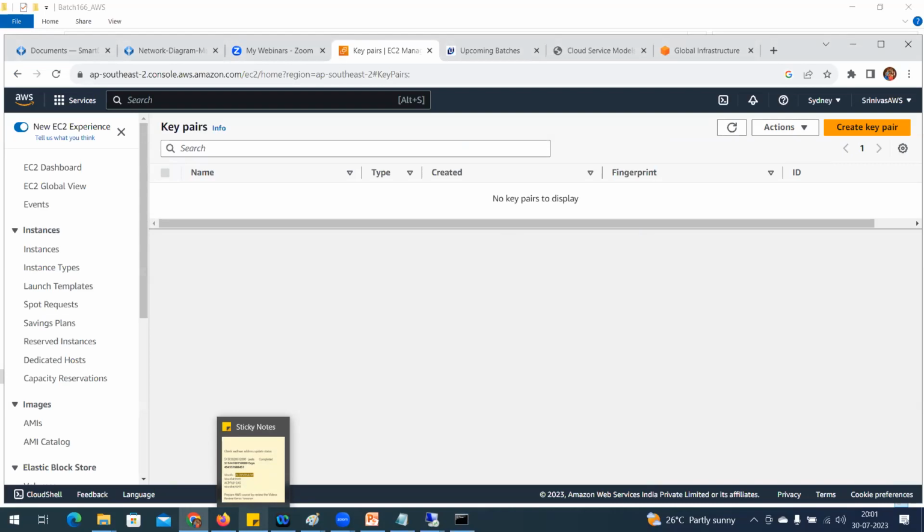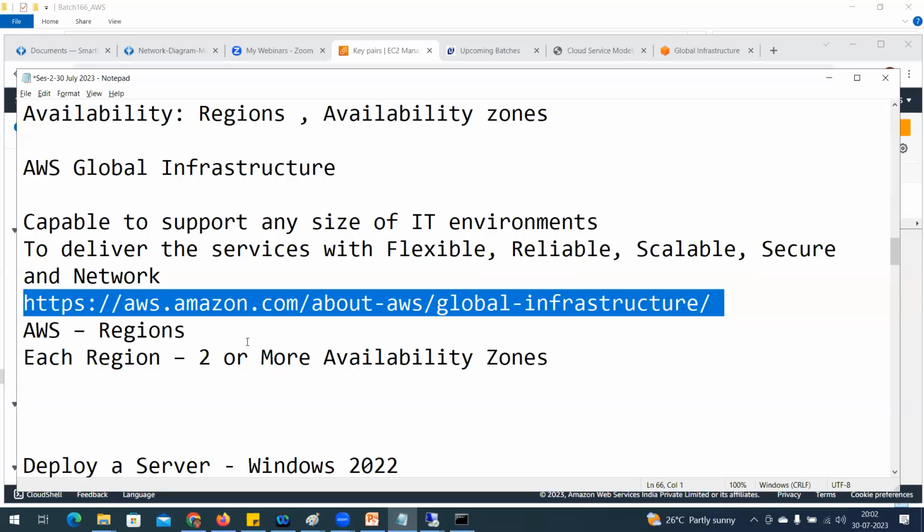Then every instance we have to do that? Do we have to do it once? Once you are going to use the same key pair and the password is available, you need not do it each and every time. The same password will be there. See what I did? As soon as this Windows server was deployed, I created a batch 166 user one. Did I use a key pair? I never used a key pair. I created my own user, and only I connected to the server and am able to log in. So once the key pair is ready and you have the password, you can use the same password.